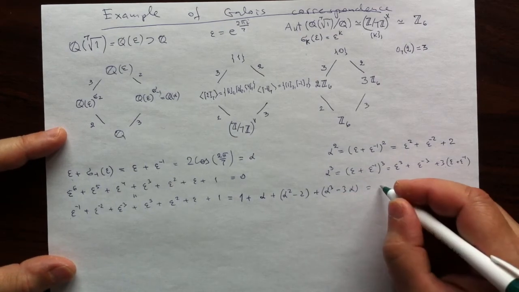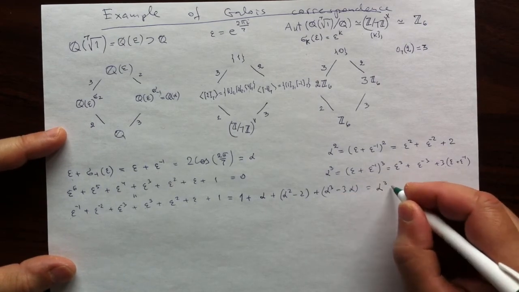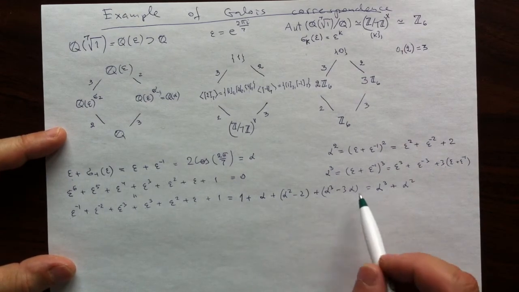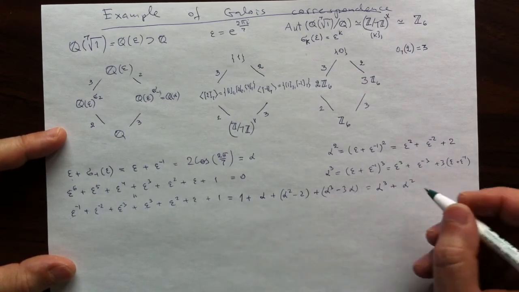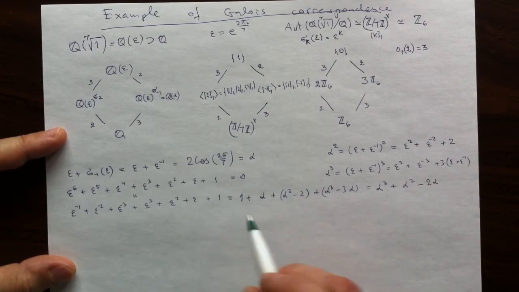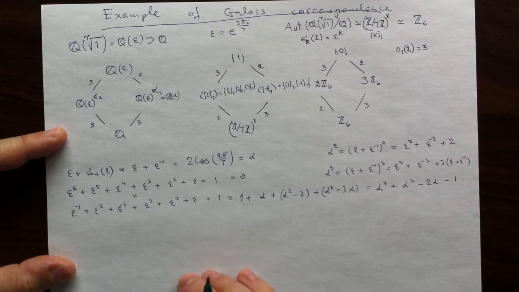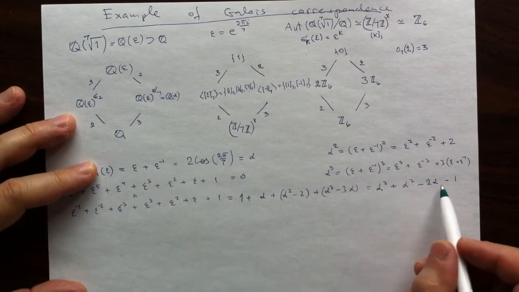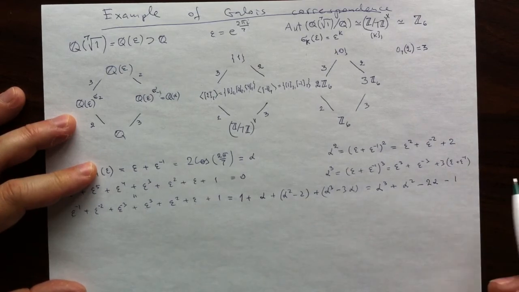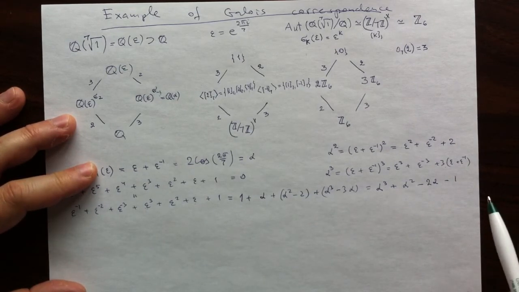And on simplifying it, I'll have alpha cubed and then 1 copy of alpha squared, and then negative 3 copies of alpha and 1 copy of alpha give me negative 2 copies of alpha, and then I have negative 2 and 1, which will come down to negative 1. So that is equal to 0 according to this chain,